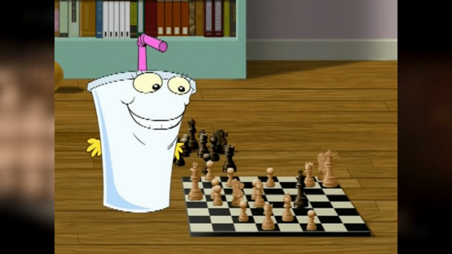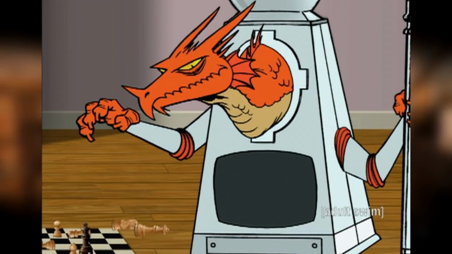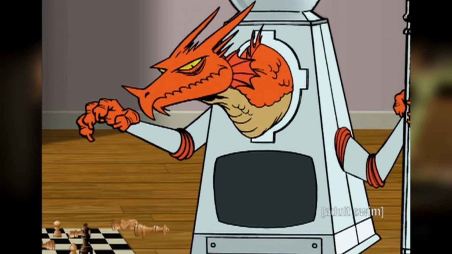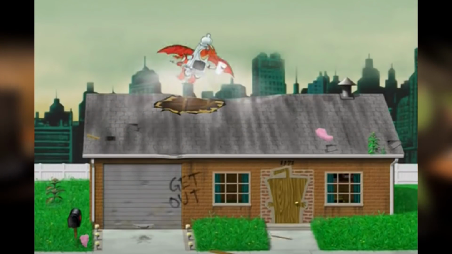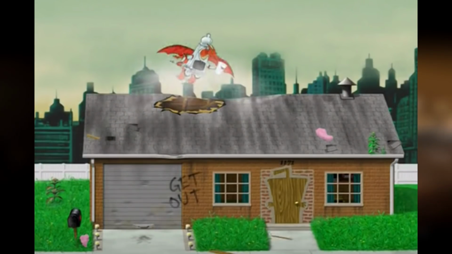Shake gets excited, but Frylock breaks the news to him that Ezekiel is not, in fact, the son of Shake, and that he never had sex. Frylock explains that Ezekiel is actually older than Shake. He claims he's 4,000 years old. The chess dragon then crashes through the ceiling, picks up Ezekiel, and flies off with him.